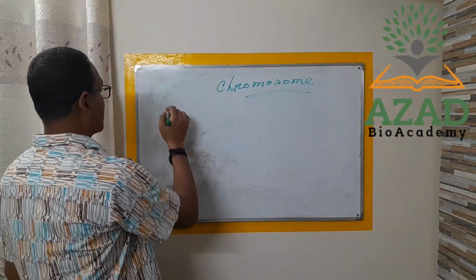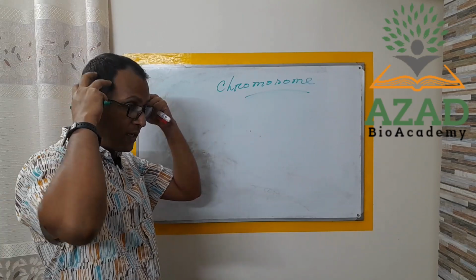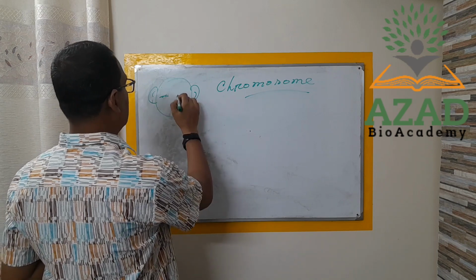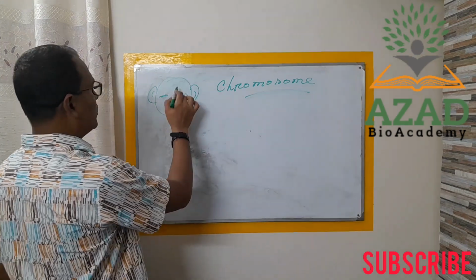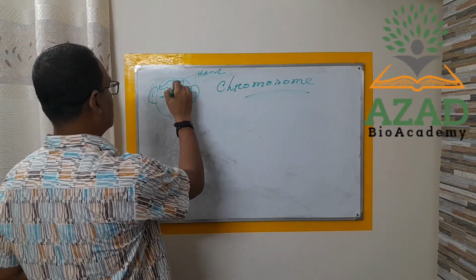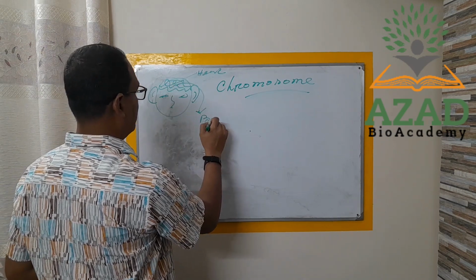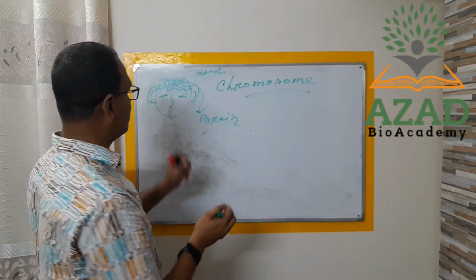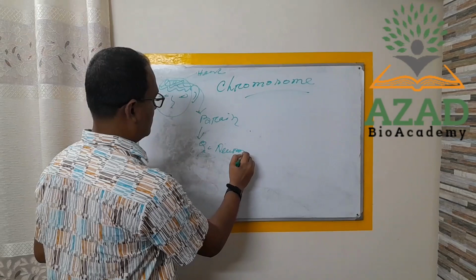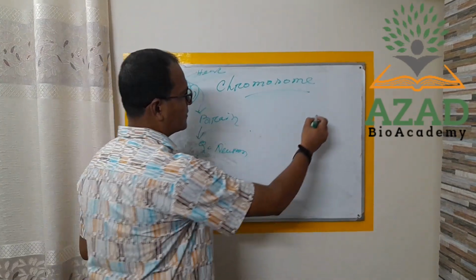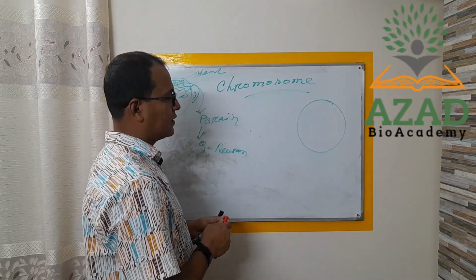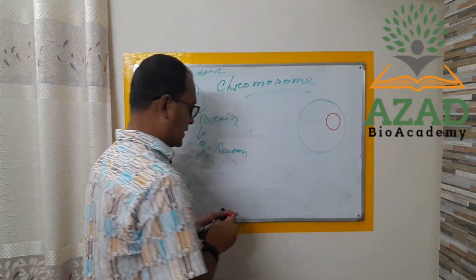If you think your body has a head office, that is the head. Within the head, brains are there, okay. And the active unit of the brain is the neuron. So, if you think this is a cell, the head of the cell is the nucleus, and within the nucleus,